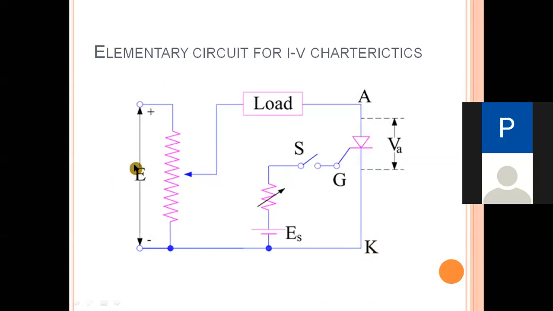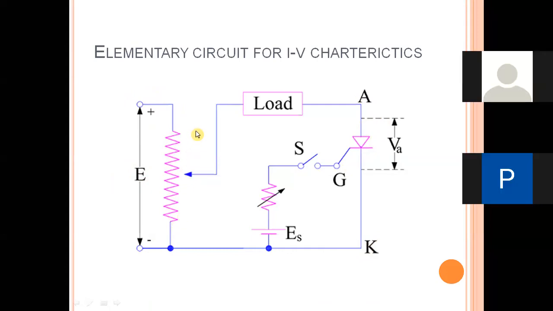Here this E simply represents a DC source with the positive terminal shown here and the negative terminal connected like this. To this DC voltage, you are going to consider a variable resistor, or it may be a potentiometer, for the purpose of varying the voltage. By varying this variable end, the resistance available across the two terminals of anode and cathode is varied.